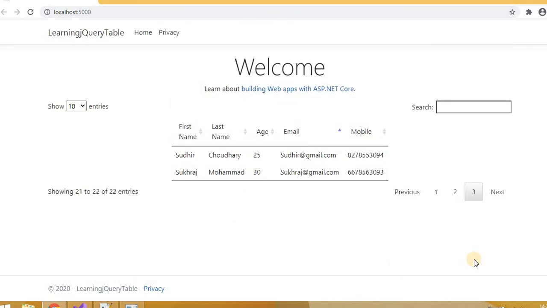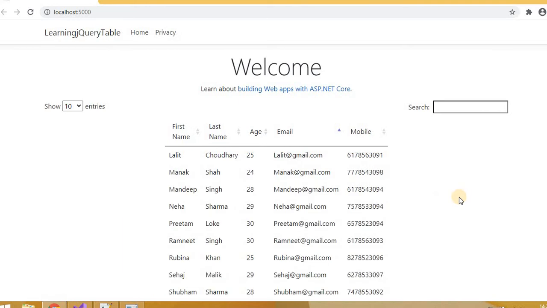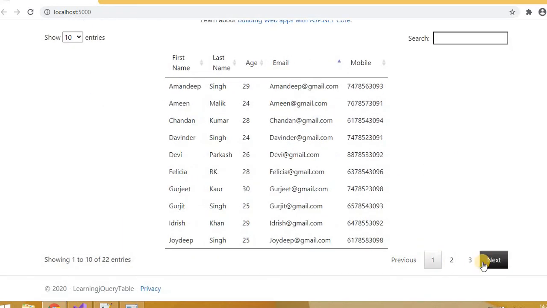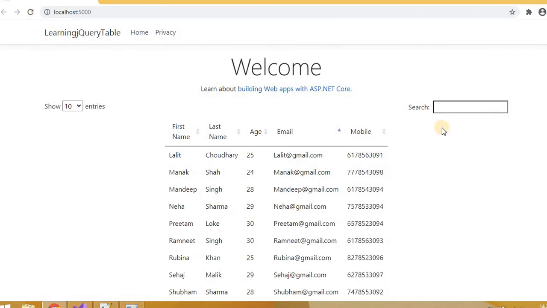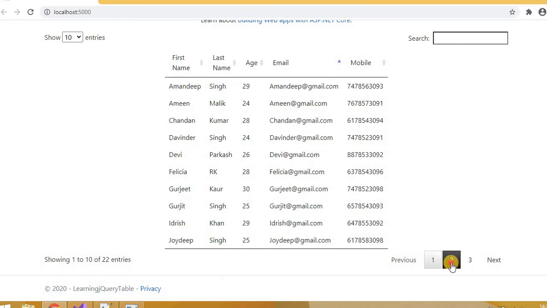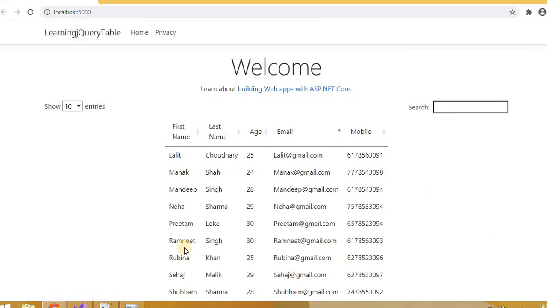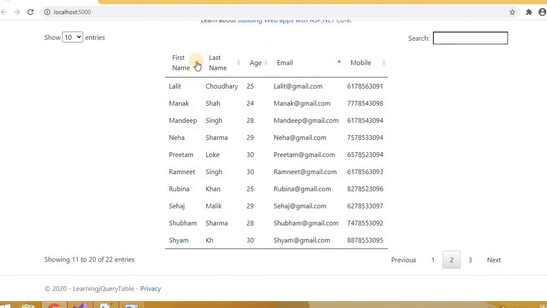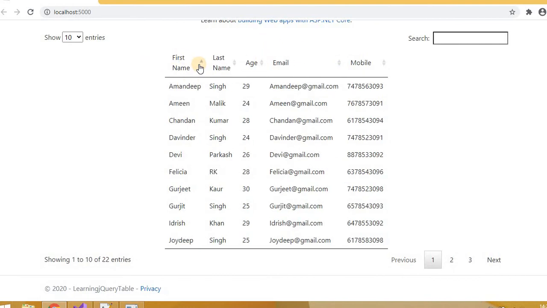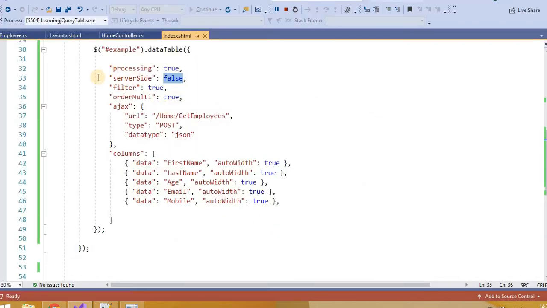So this is working. This is the simple way we can implement that basic jQuery table. Those who worked in ASP.NET GridView must implement some code behind in the application, I mean in C#, when changing the page to pass the next index. Now in this case, everything is taken care of by jQuery. If you see, there is no history, which means we are not hitting the server again and again. In the case where we say server side is true, if you change anything from here, even if you are clicking here, it will go back to the server and again the table will get bound.